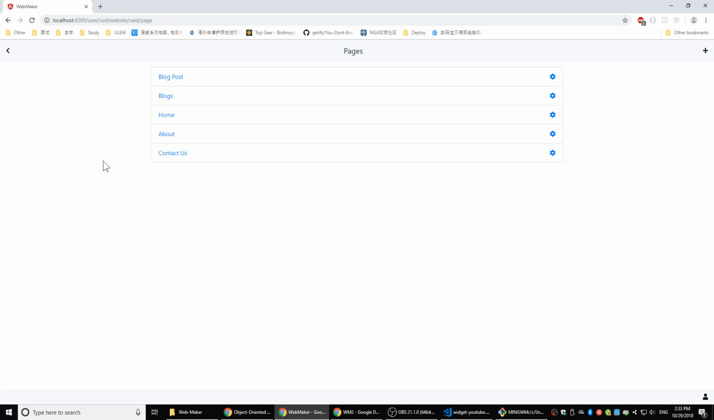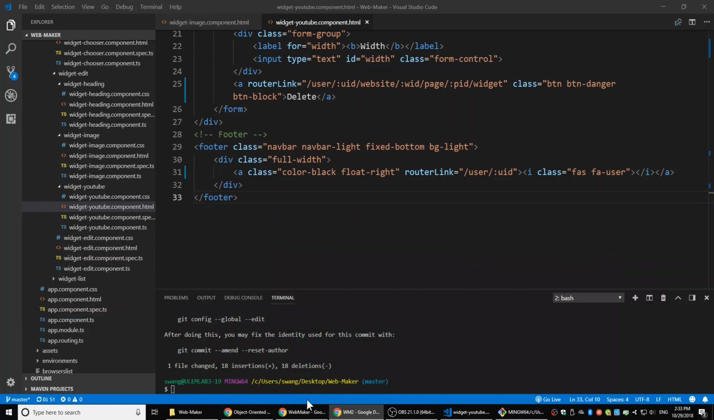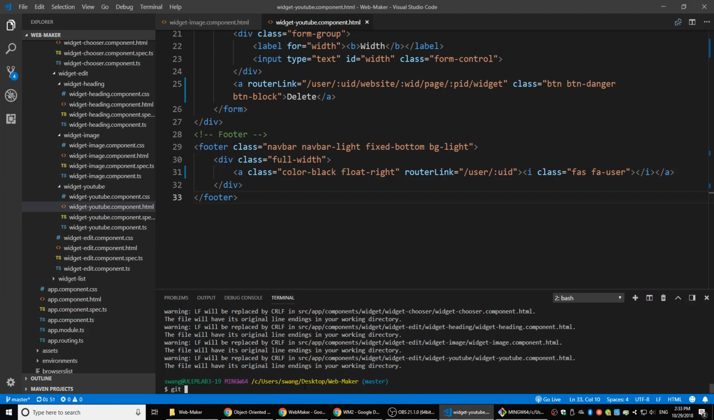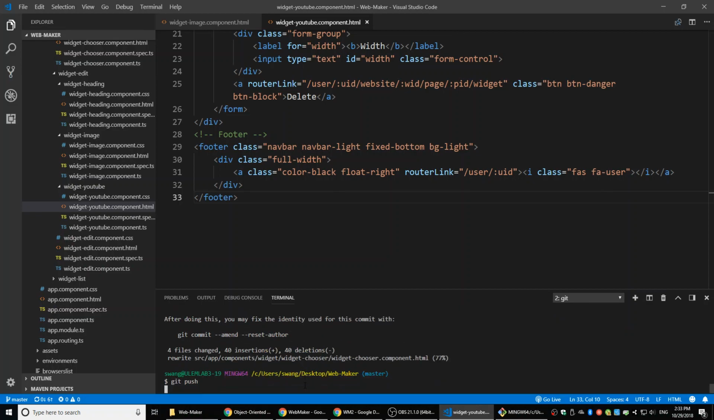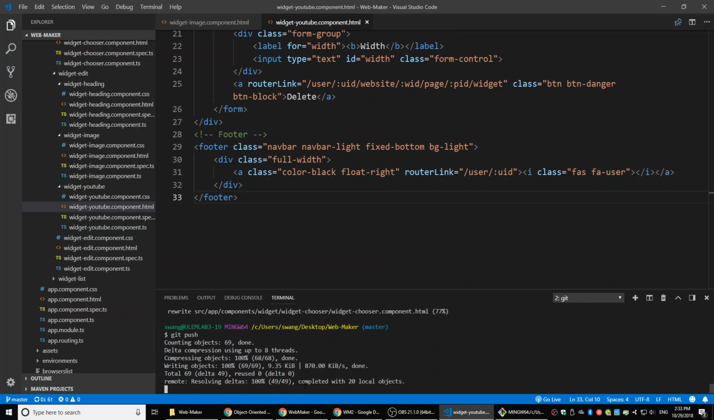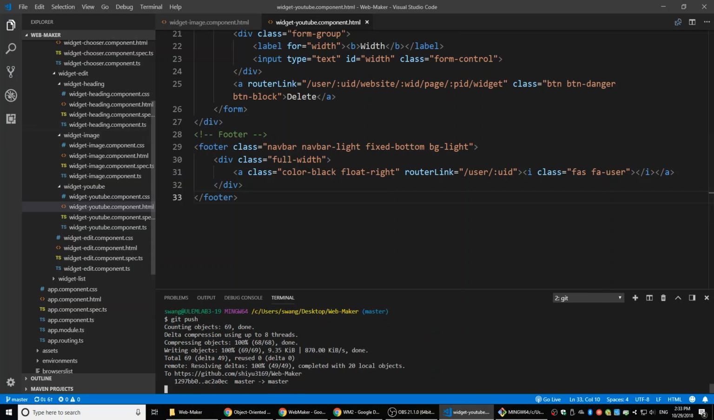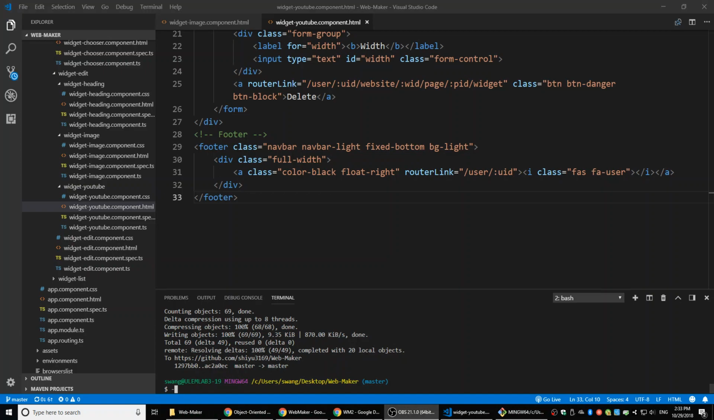No href. And I'm uploading the code to GitHub right now. Everything is done. Git add dot, git commit -m widgets router links, right? And let's do a git push to GitHub. All right, that's it for today's work. And I'm going to upload my video to the